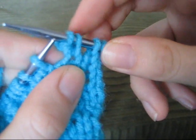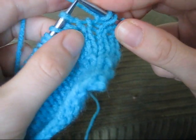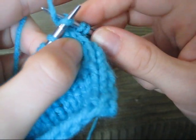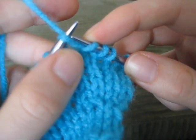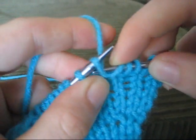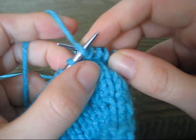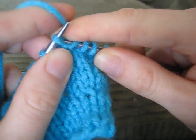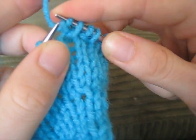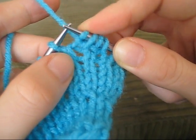a method of increasing stitches. And that is called KFB, or knitting into the front and back of a stitch. So first, you will knit into the front of a stitch as you normally would, but without removing the stitch from the needle. You will then insert your knitting needle in the opposite direction of the left-hand needle into the back of the loop and knit into the back of that loop, and thus we have increased 2 stitches into